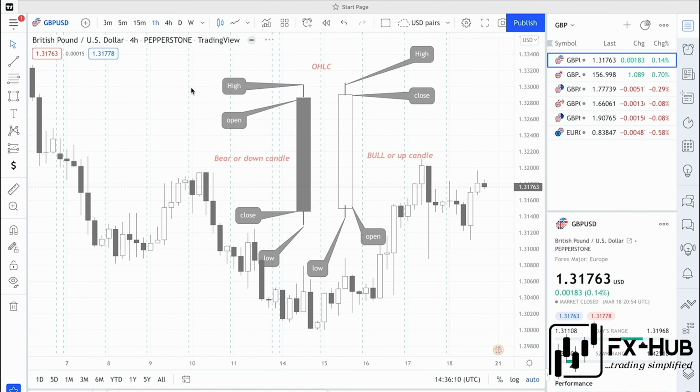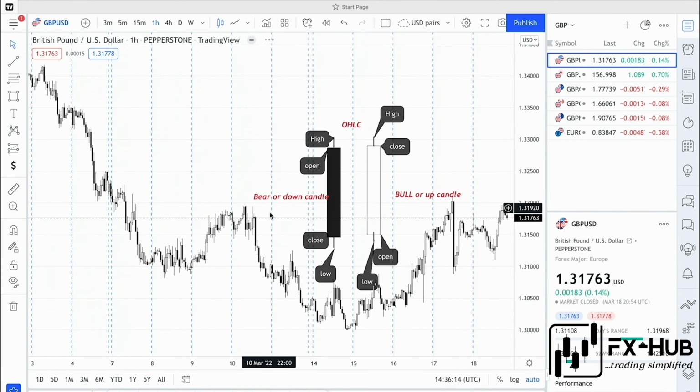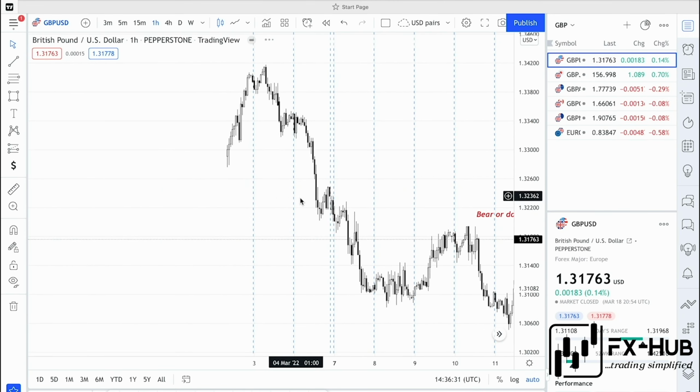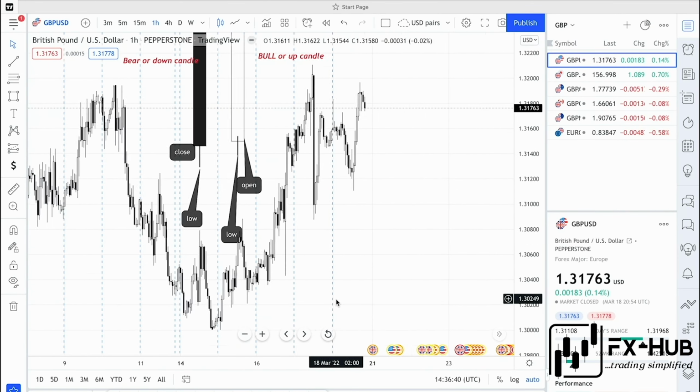Now, if you move down to the 1 hour time frame, from here to here is a day, from here to here is another day, and from here to here is another day. So this connotes the start of a week, the end of a week, the start of a week, and so on. If you move back, you notice the end of a week, the start of a week, and so on.